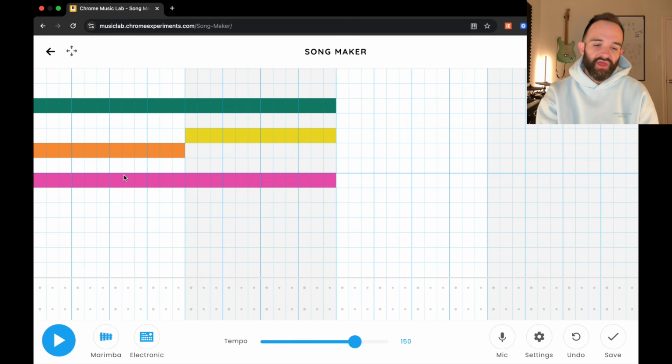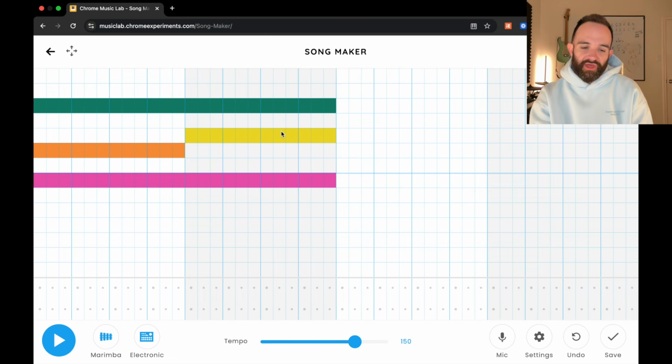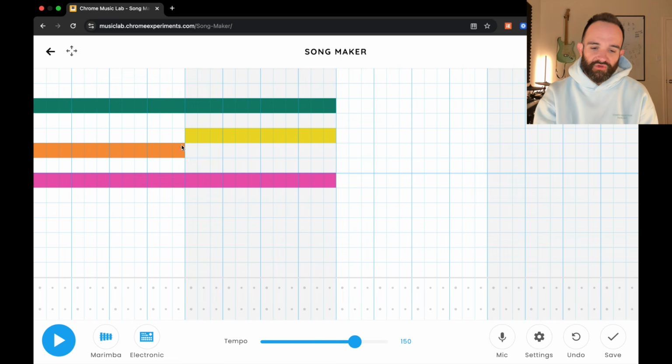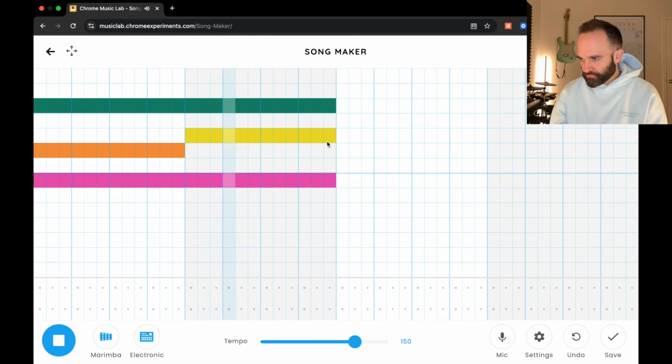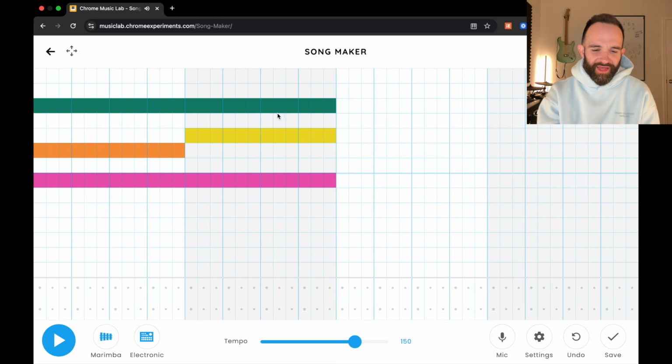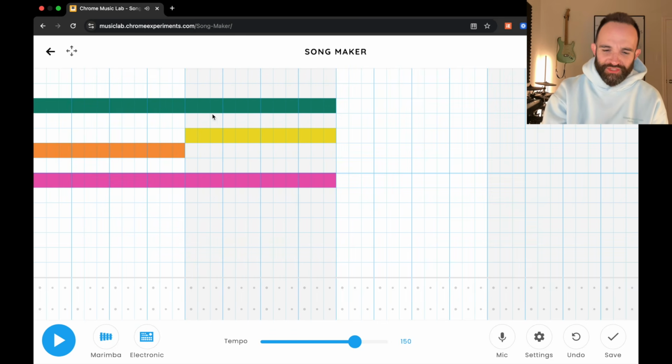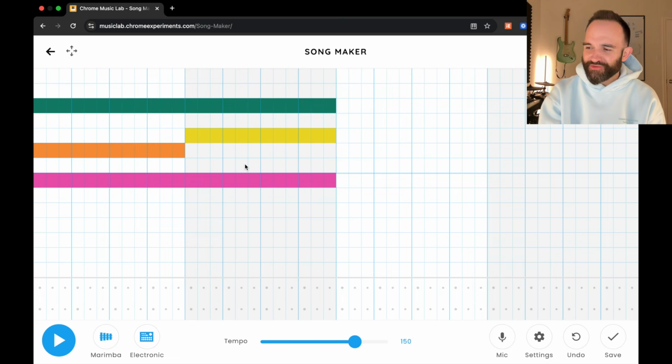White, gray, white, gray. We have a pink that goes across all the first white and gray. And then the teal that goes across in the same length. But then in between that, we have orange that goes to the halfway point at the end of the white. And then the yellow that goes all the way through the gray. Boom! That's a G major chord first inversion, then an E minor chord second inversion for all you music theory